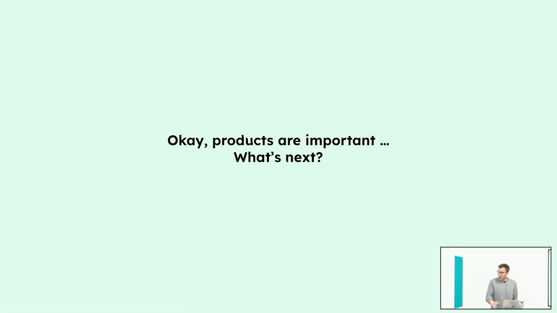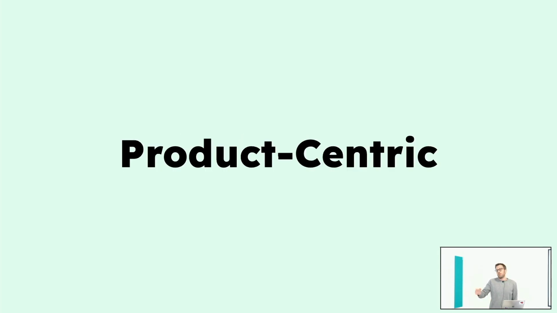So okay, we know, I think I talked a lot about this, products are important. So what is next? We need to get product-centric. I think many of you have heard this word already, and many organizations are now starting to get more and more product-centric. Whatever this means, many times it's just replacing the wording a little bit. So instead of projects, now we're getting products, project managers become product managers. But this is not product centricity as it should be.